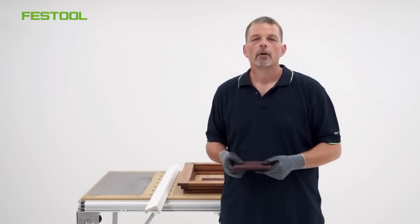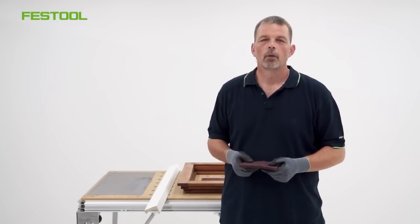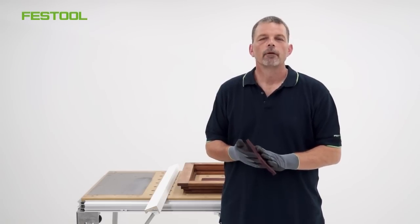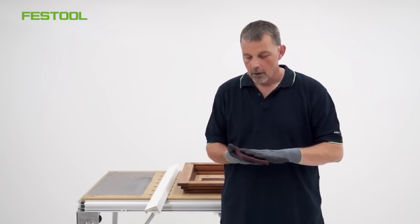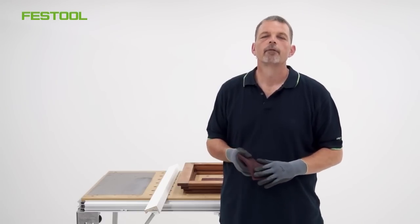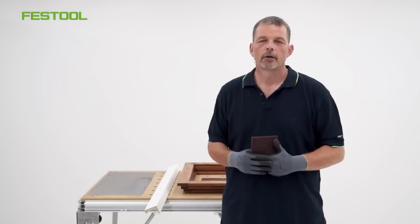Vlies is available from 100 grit, 320 grit, 800 grit and also 1000 grit. This has an open structure, but also the grits, or the cutting part, is contained within the structure. And this means that while I'm working with this surface, the dust can pass through and it prevents any clogging of the abrasive. Therefore, it allows me to achieve a really great finish quickly and easily with this type of